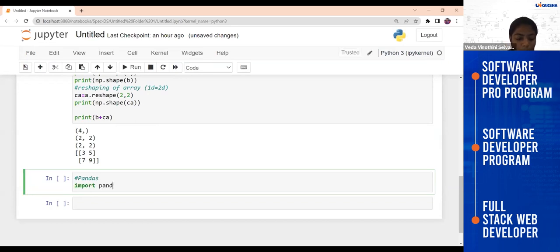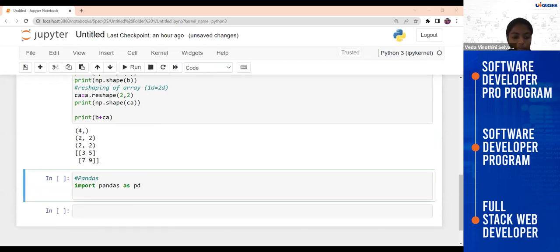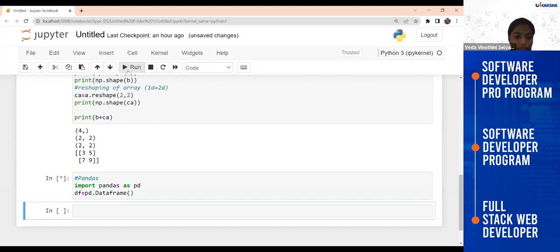You can import pandas as pd. In this pandas, this is another package, another Python package. Why we are going to use pandas is that it gives you manipulation and many of the operations you can perform with pandas.